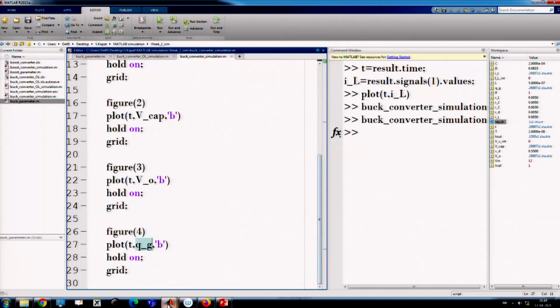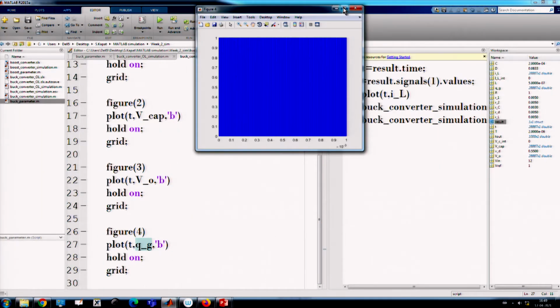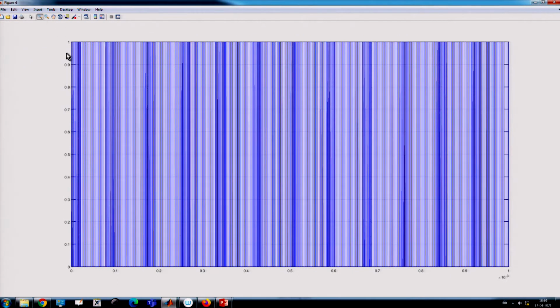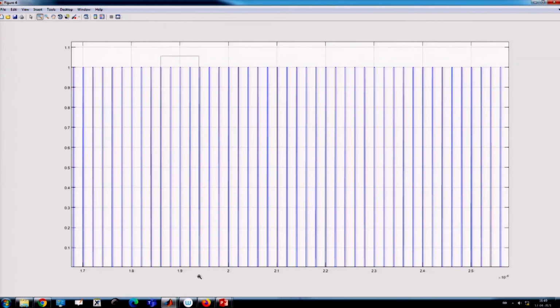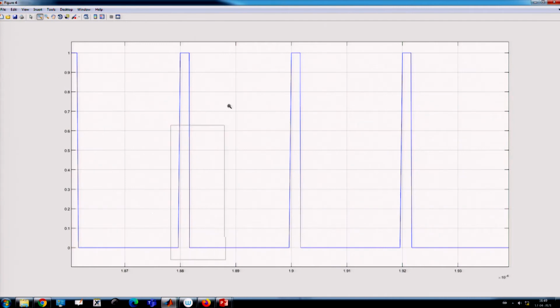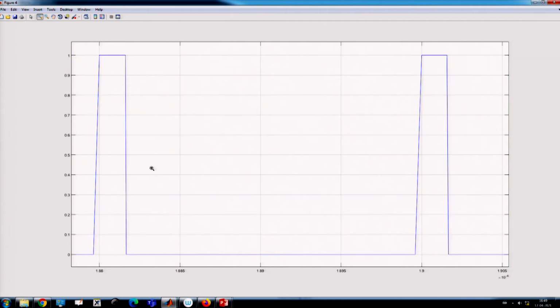The fourth one is the gate signal. So this is my gate signal, I can just take a portion of this and show it. Yeah, this is my gate signal. And you can see that because the pulse width is very low, it goes from 12 volt to 1 volt, so it is a low duty ratio. So these things are now possible, that we can draw it.